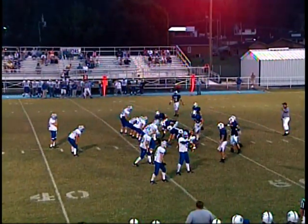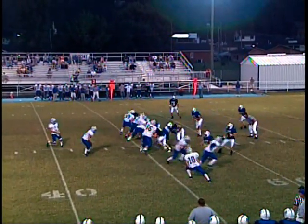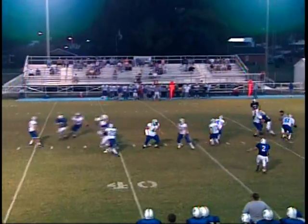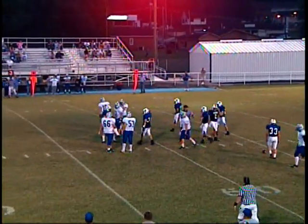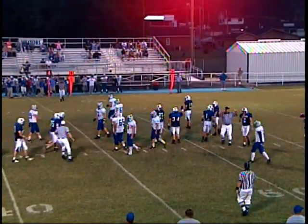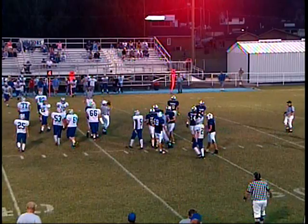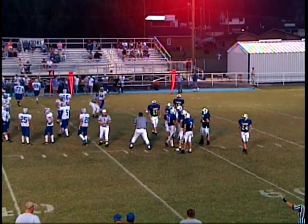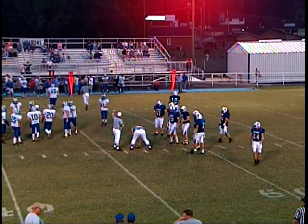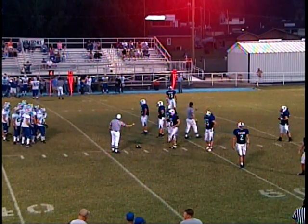They'll go trips to the short side, the right side. Shotgun for Gannon again. Gannon straight back, sets up, center screen, incomplete. Intended for Kobe Page. Should have caught the football, really. Yeah, hit him right in the hands. He was open. Sure was. And they had a semi-wall built there that he was behind. Yeah. Pretty good screen play. So it'll be fourth down and 12 now for the Hornets,